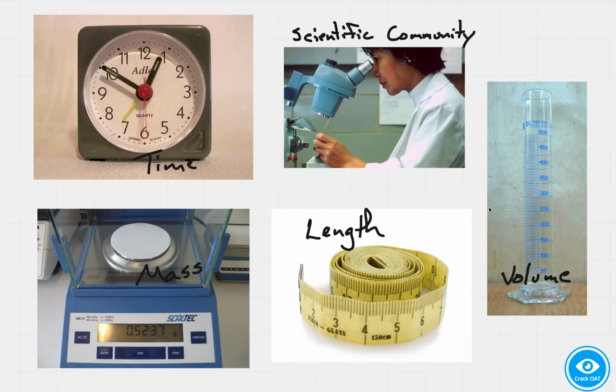The number is used to tell us how many of the units are contained in the quantity being measured, but the unit tells us the specific nature of the dimension. For example, measuring something in centimeters is quite different than measuring something in liters. When you measure in centimeters, you're using a unit of length, versus a liter, it's a unit of volume.